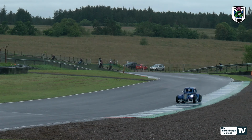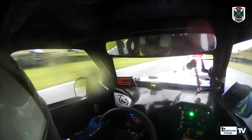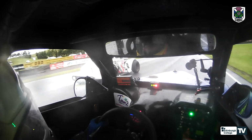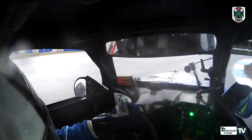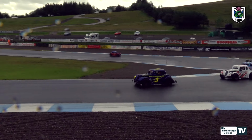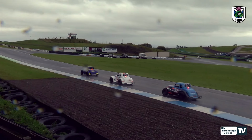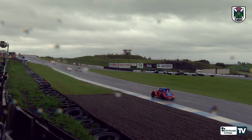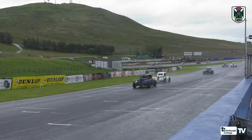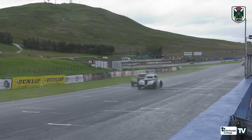The man probably still riding a massive wave of emotion after his first podium as Patterson goes for the inside of the hairpin on McGill. It's locked up on the brakes, down the gears. It looks like he's going to get that car stopped, and then yes, good block pass, you could almost say. If that was motocross, John Patterson got to the apex, stopped it and fired it out the corner. Great stuff. Up the main straight, Patterson leads from McGill, 3 from 15 as they go over the crest of